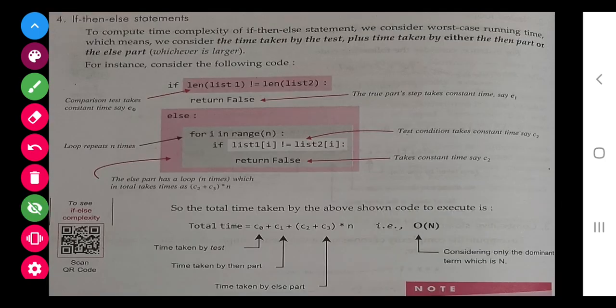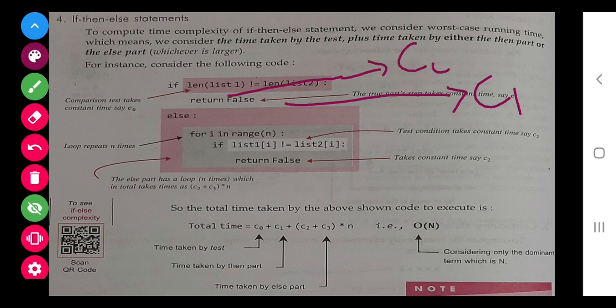Now next they have taken: if length of list 1 is not equal to list 2, then return false, otherwise run this. This statement will run when the condition is true. Let this statement be C1 and this statement be C0.